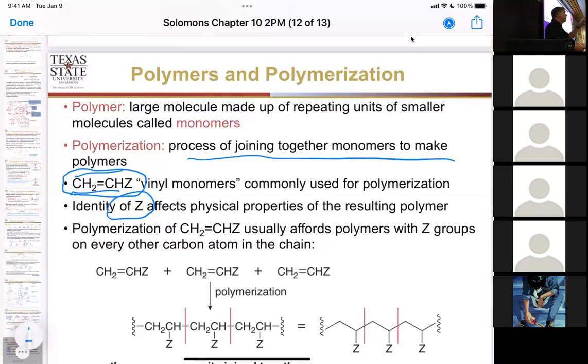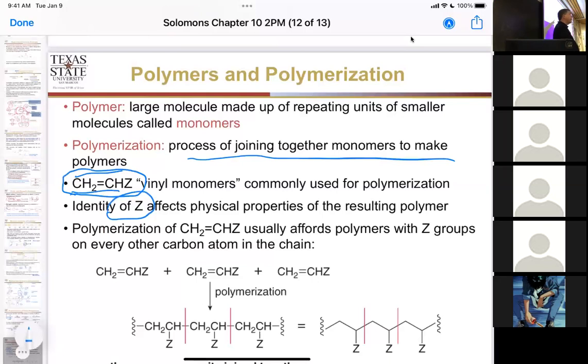You triple that up, and after about 20 units it becomes a wax, but it's really pliable. And then as you get more and more units, it gets tougher and tougher until you have those plastic bags from the grocery store that we don't ever use. We use recyclable, reusable ones. Anyway, that is polyethylene. It can also be made into tubs and other things. So it starts out as a gas,